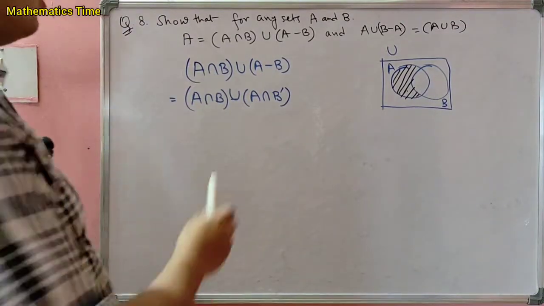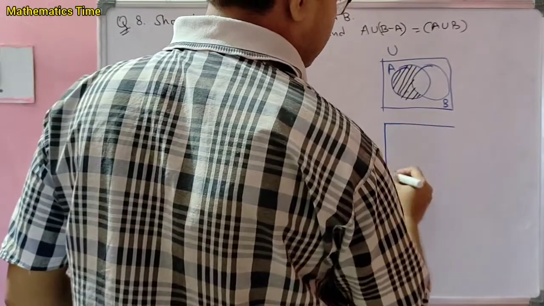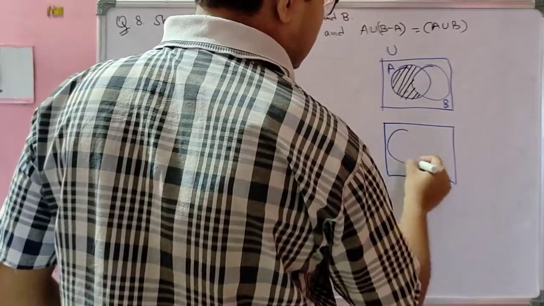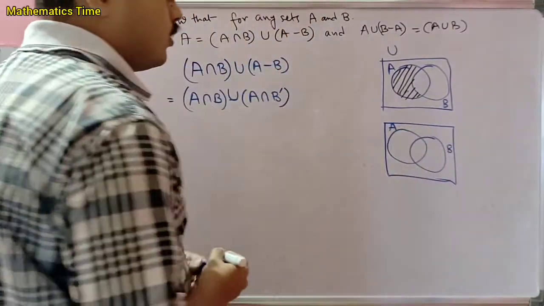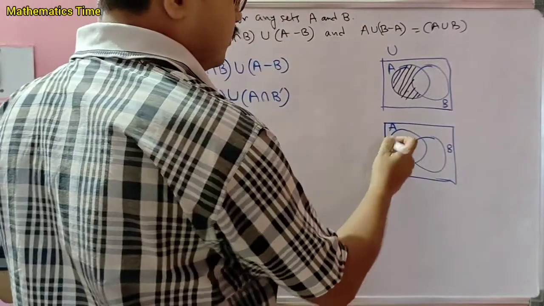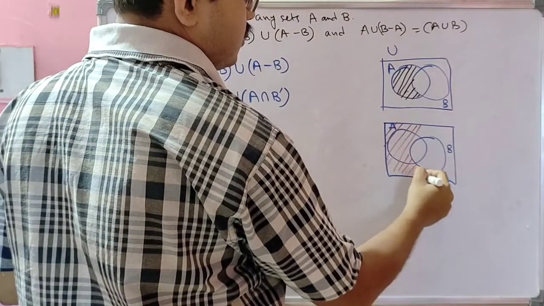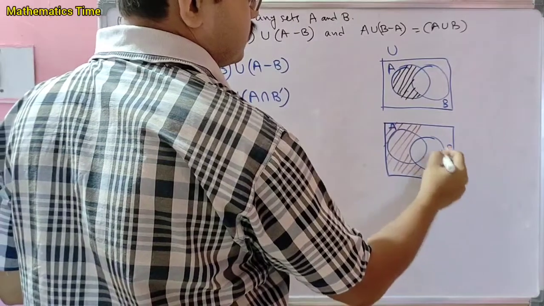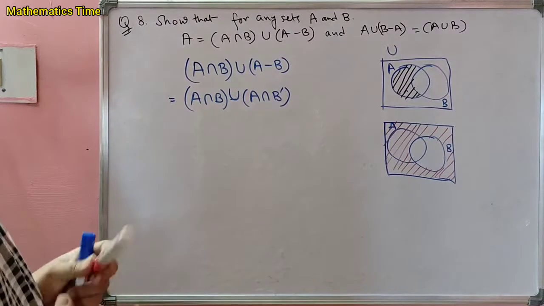Okay, so what is B complement? If we draw another Venn diagram just like this, this is A and this is B. What will be the set B complement? B complement will be all the elements of the universal set apart from the elements of B. If we eliminate B from the universal set, we will get the